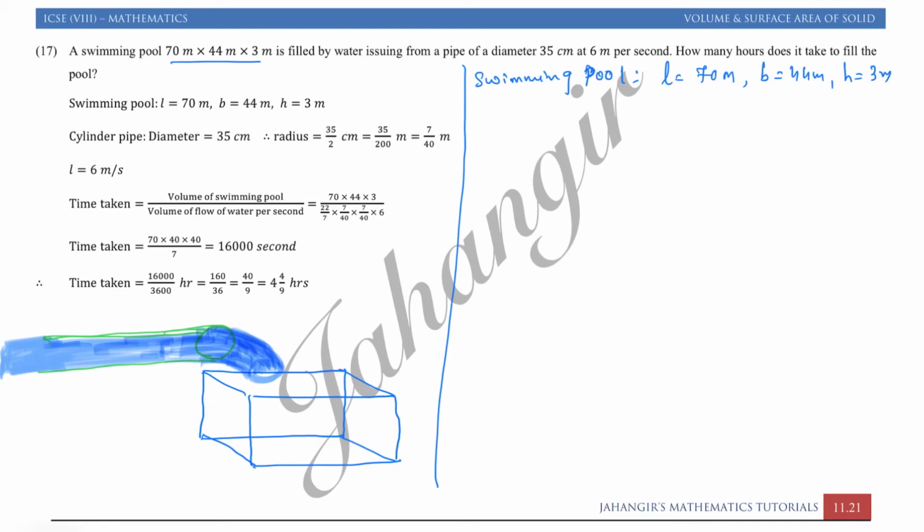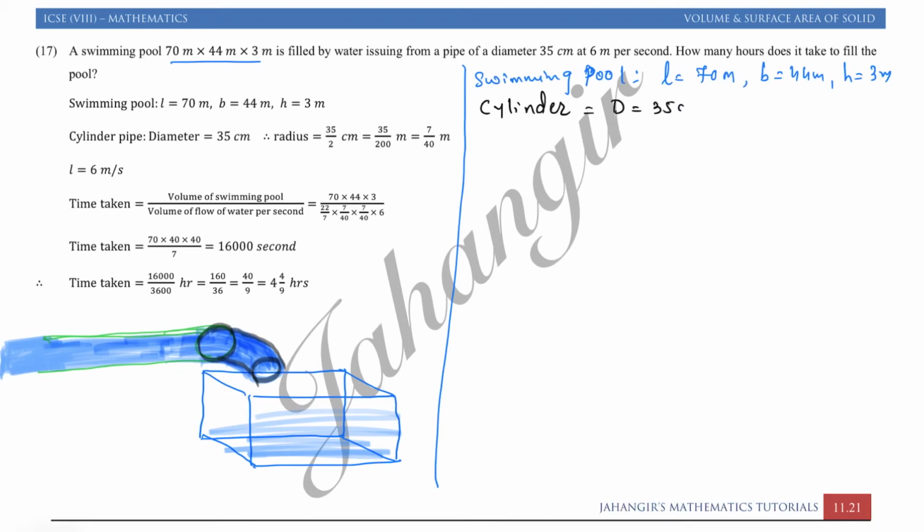When water comes out, this is the pipe's circular part, and here the water's circular part. It's the same thing. It comes like this, okay, and it falls on the tank. So water will always take the shape of the object. You had learned in science. So for the cylinder we have the pipe's